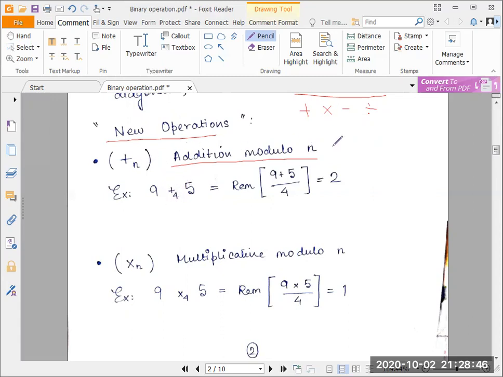The operation here is addition modulo 4, because in place of n, on the subscript, I have written 4. So this is addition modulo 4. I first add these two numbers and then I divide by 4. Whatever is the remainder is my answer. So that is how I compute addition modulo